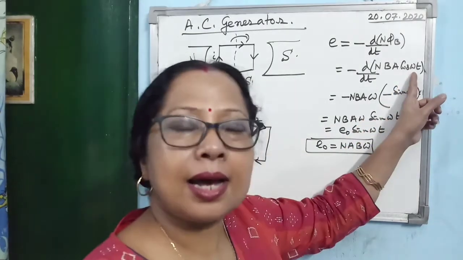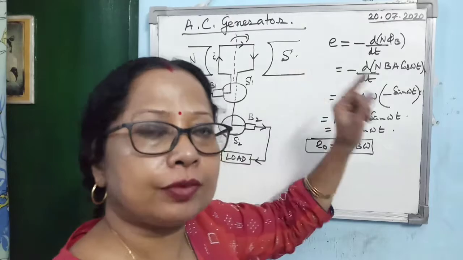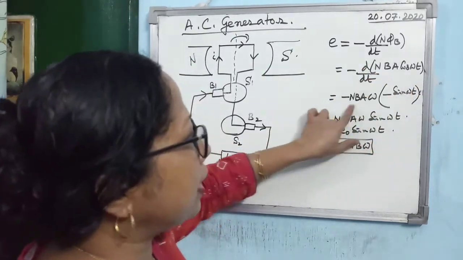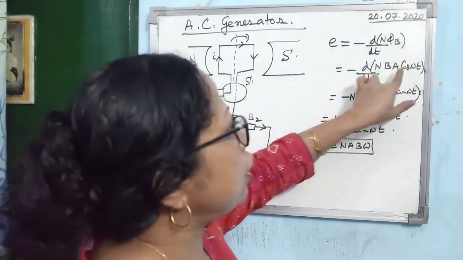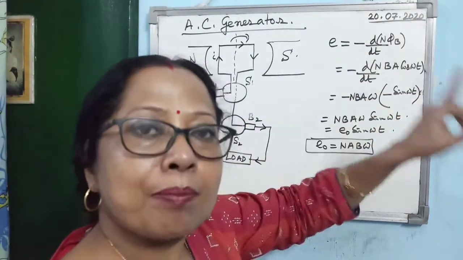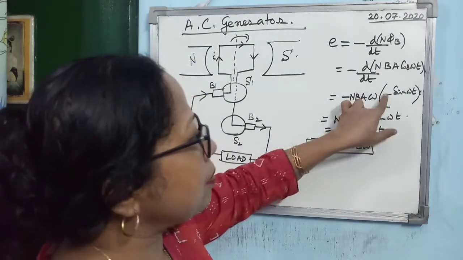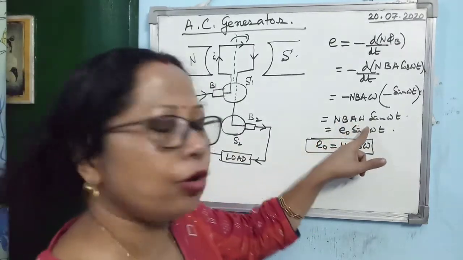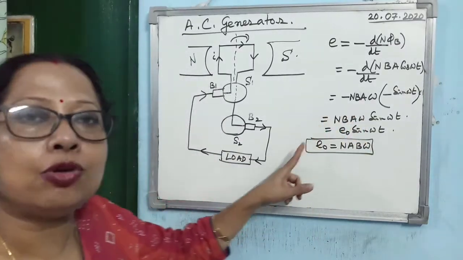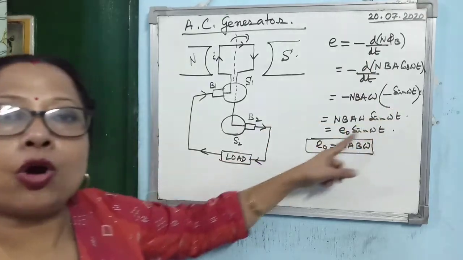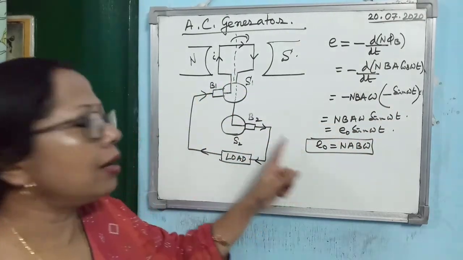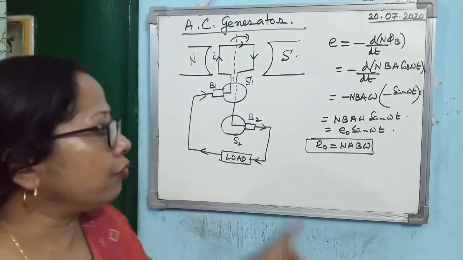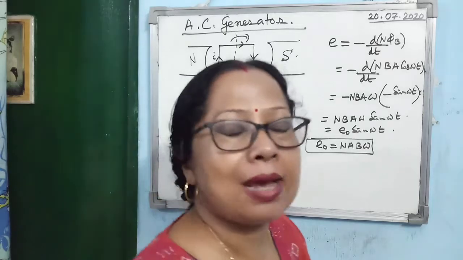Okay, and omega is the angular velocity of rotation of the coil. So it will be d/dt of NBA cos omega t. NBA you can take outside the derivative. Then d/dt of cos omega t is omega times minus sin omega t. So minus minus is becoming plus. You are getting NBA omega sin omega t, and NBA omega is nothing but the peak value of the EMF. So what is the alternating EMF induced in the AC generator? It is given by E is equal to E0 sin omega t, where E0 is equal to NAB omega.